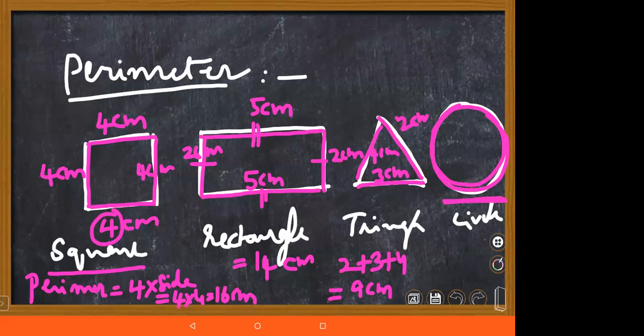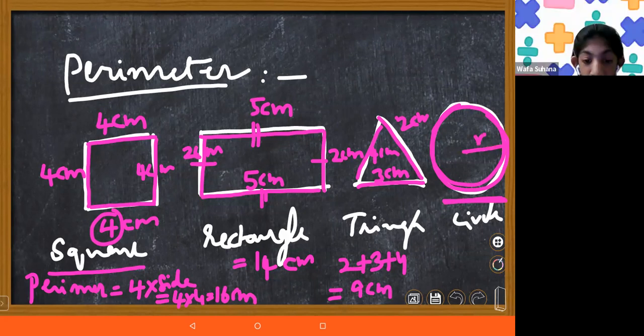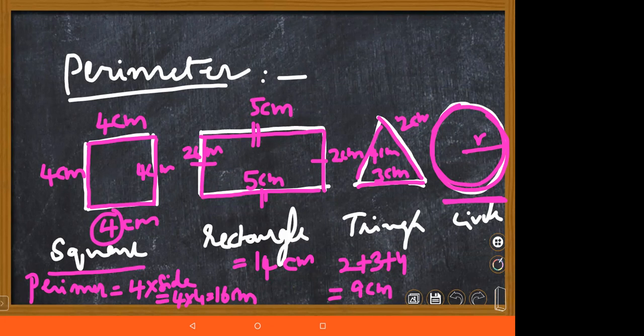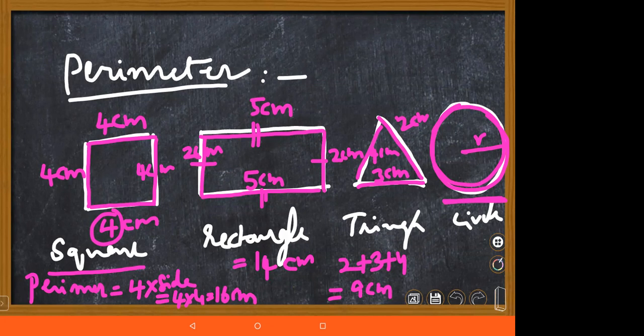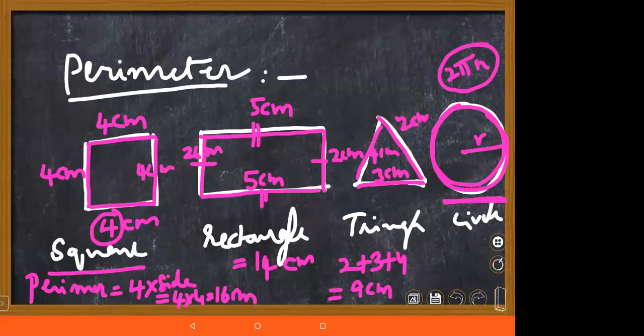That's one way. Is there any other way, children, to find the perimeter using a formula? We have 2 pi r. The perimeter of a circle is given by the formula 2 pi r, where pi value is 22/7 and r is the radius. Children, I will write it. Don't worry about this, it is the basic part. The perimeter is nothing but the length of the boundary. You have to write that important formula, children.